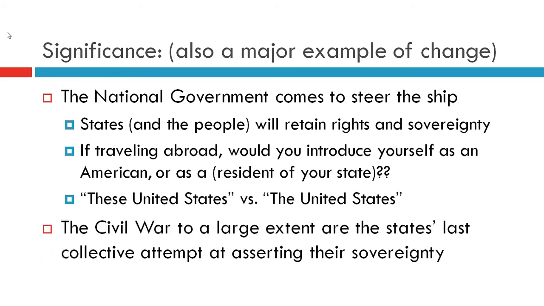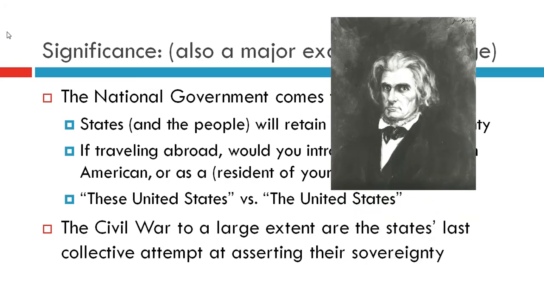The Civil War will be, to a large extent, the states' last collective attempt at asserting their individual sovereignty, the idea of states' rights. And we'll see folks like John C. Calhoun talking of nullification in the 1830s, sort of that a state can nullify a law that it deems to be unconstitutional. Very similar to the argument that we had with the Virginia and Kentucky Resolves following the Alien and Sedition Acts in